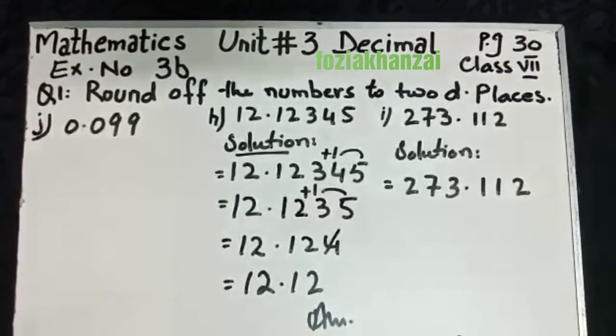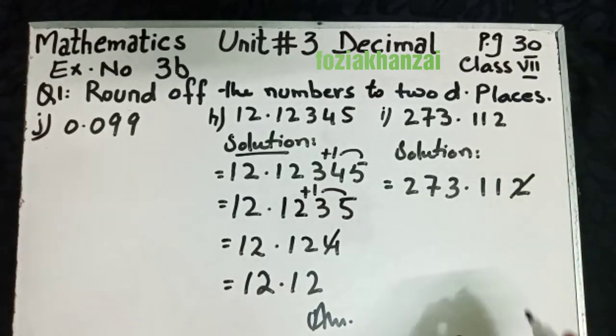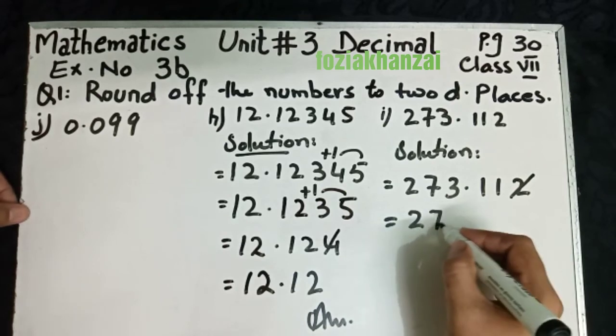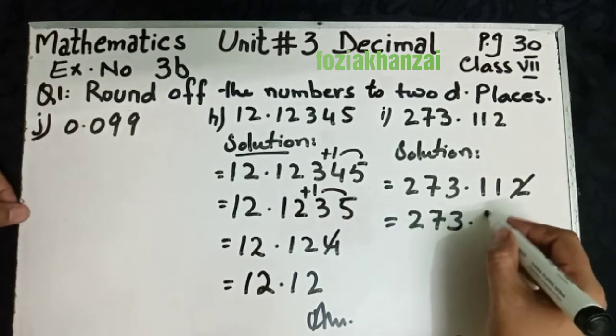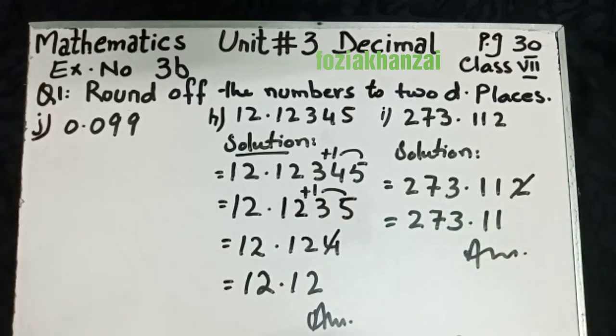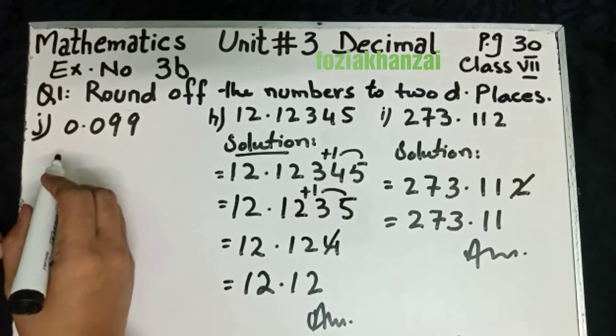Part I, 273.112. Okay, the last digit 2, so we skip 2. 273.11 would be the answer of part I. Okay, after 2 decimal places. Now for question part J,